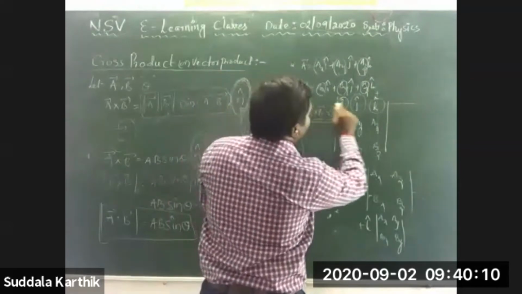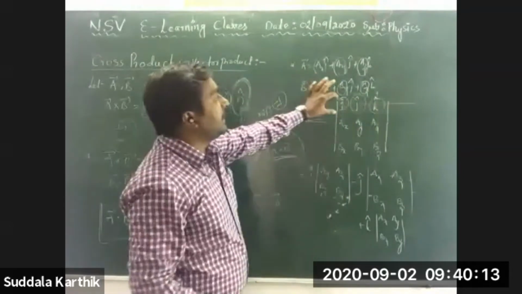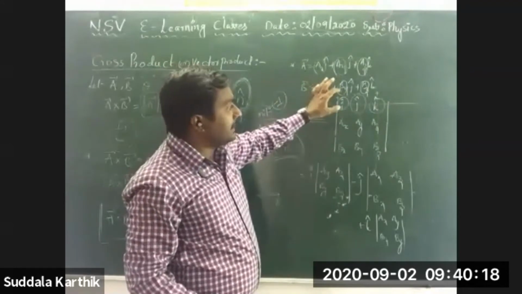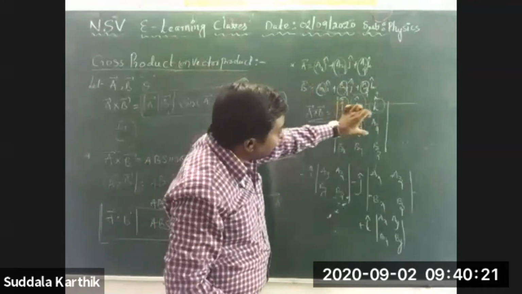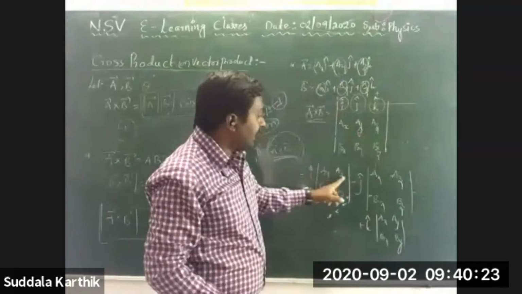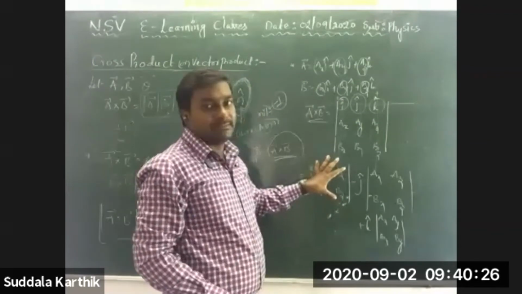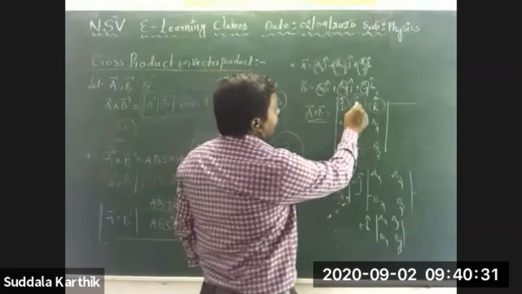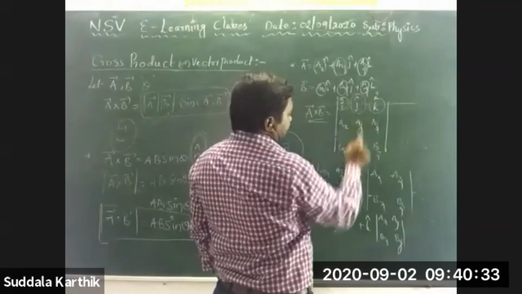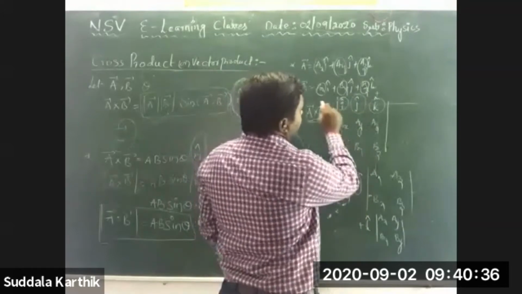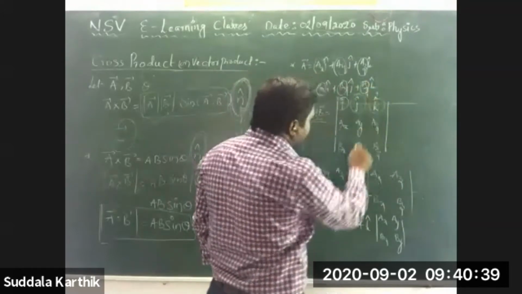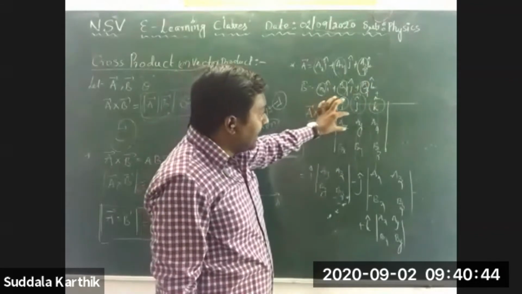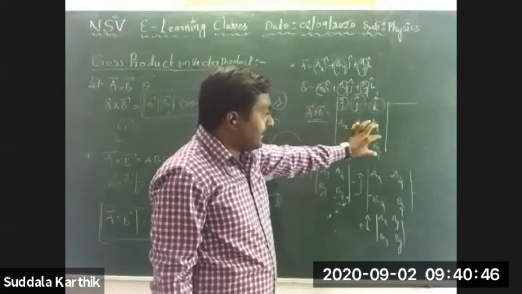And I am deleting the row and column corresponding to this term. Corresponding to this element, I am deleting the row and column. Remaining are AY, AZ, BY, BZ, Nana, just written in the determinant. Right? Now after that, J cap is there, Nana. So minus J cap. I am deleting the row and the column corresponding to this one. The remaining is AX, AZ, BX, BZ, Nana.